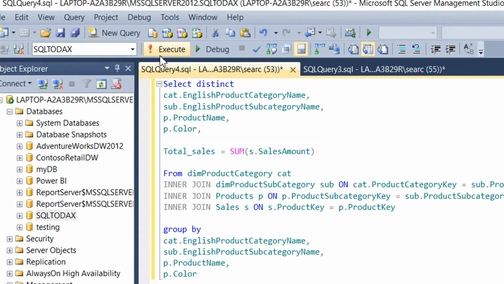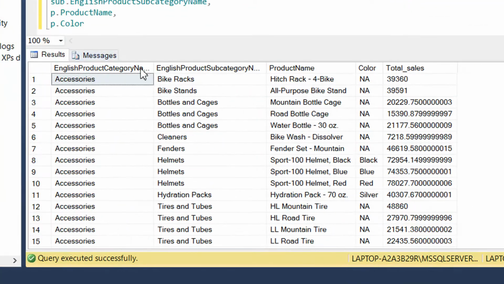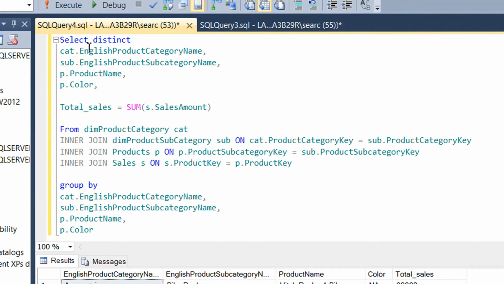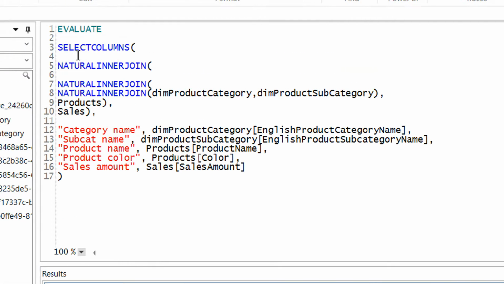So we need to execute it, and here we can see we are getting 130 rows, and these are the total sale group wise, category, subcategory, product name, and color wise. And we need to achieve the same result in DAX. It's very easy. Just go to the DAX Studio, and